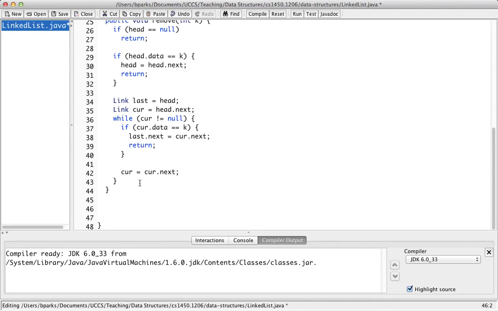Let's implement an indexOf method. Which will actually be remarkably similar to the remove method. We can start out with the same test. If head equals null, we can return -1. -1 is usually the